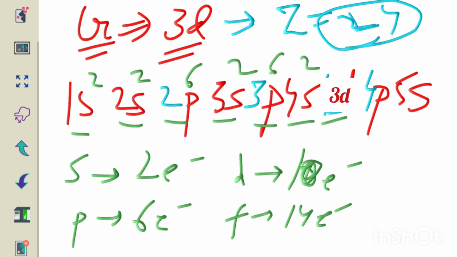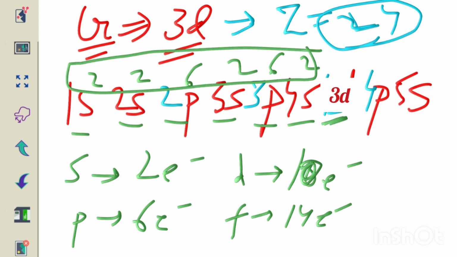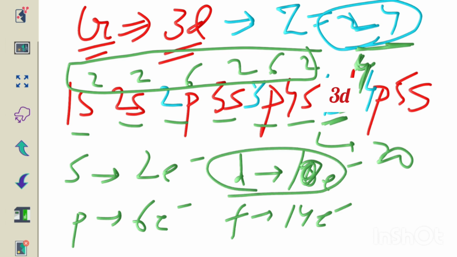Right. Now 3d. Now count these electrons. They will count to 20. Right, these will be equal to 20 electrons. Now you have to fill 24, so 4 electrons will come here. But in this case what will happen? Because d can occupy a maximum of 10 electrons, half filled will be 5 electrons. Half filled or fully filled orbitals are highly stable. Because of this stabilization, 1 electron from the 4s will jump from 4s to 3d.